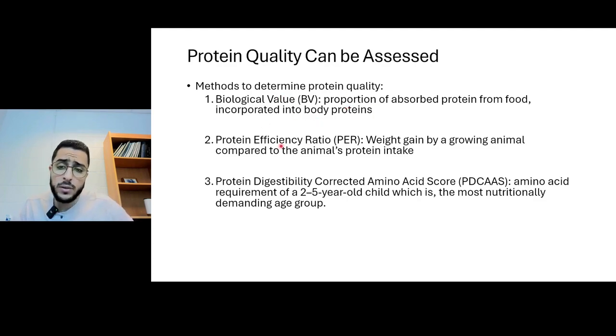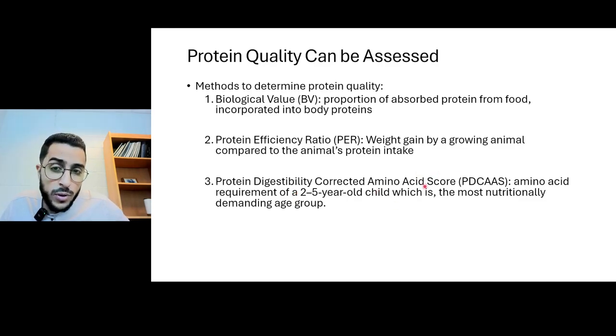You can also take a look at the weight gain of a growing animal compared to the protein intake, right? And that tells you the protein efficiency ratio. In other words, it's another way of saying how much of those proteins that you are taking are actually adding to your weight. Okay? And the last value is called the protein digestibility corrected amino acid score,